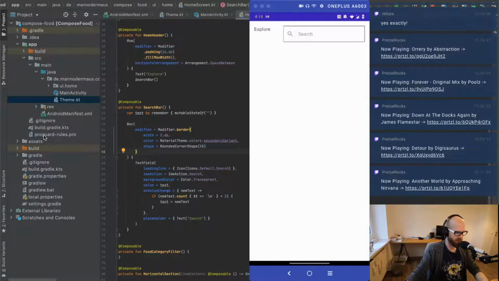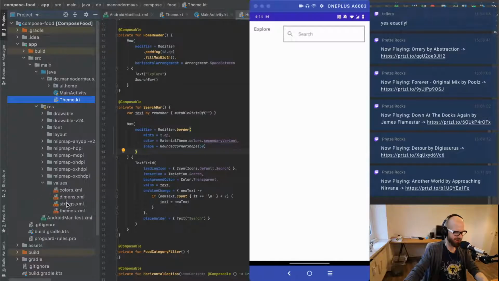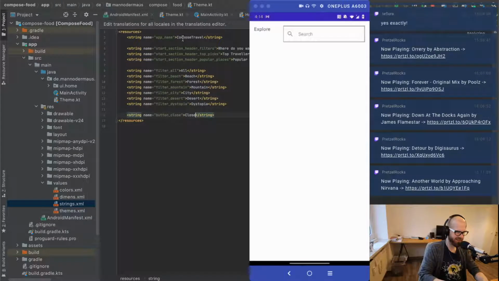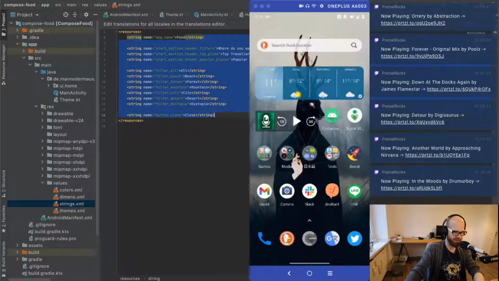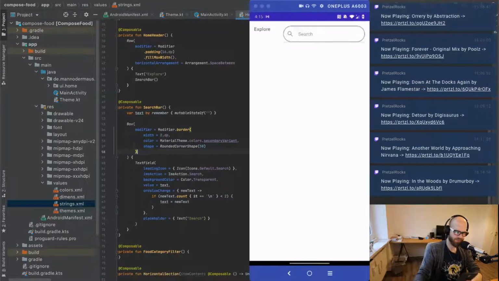I think I might have forgotten to rename this new app. I think it's called Compose Travel still. Yes, sure is. Okay. I'm gonna name this food. And I don't need these anymore. Okay. Right. That looks